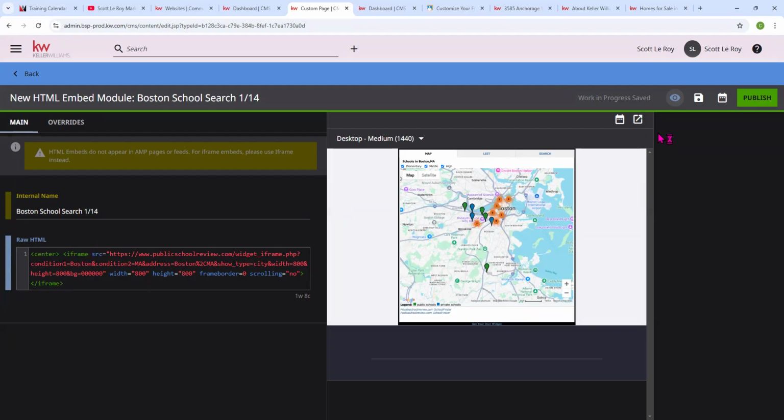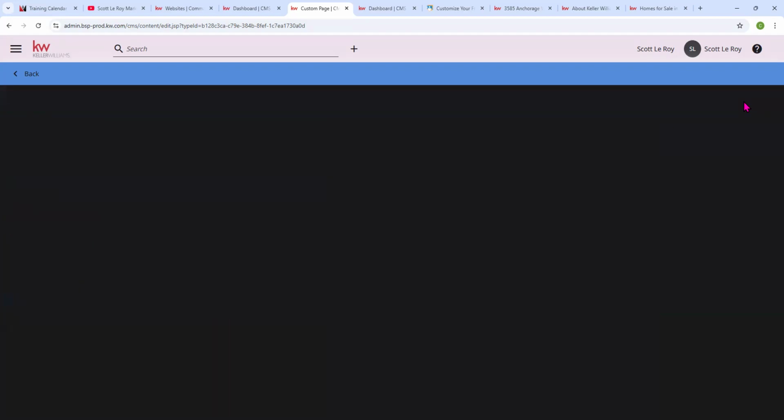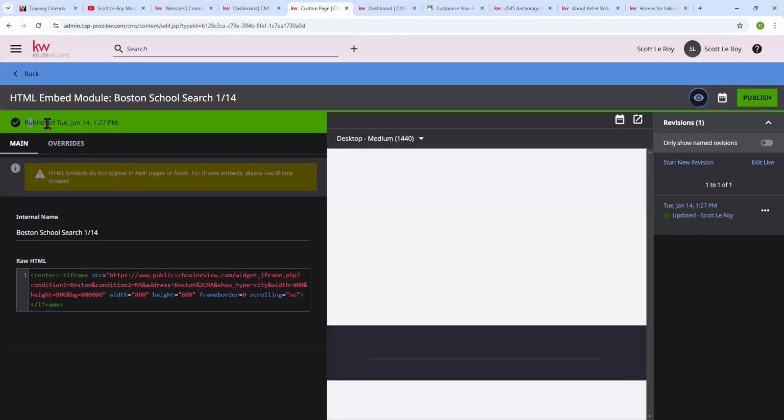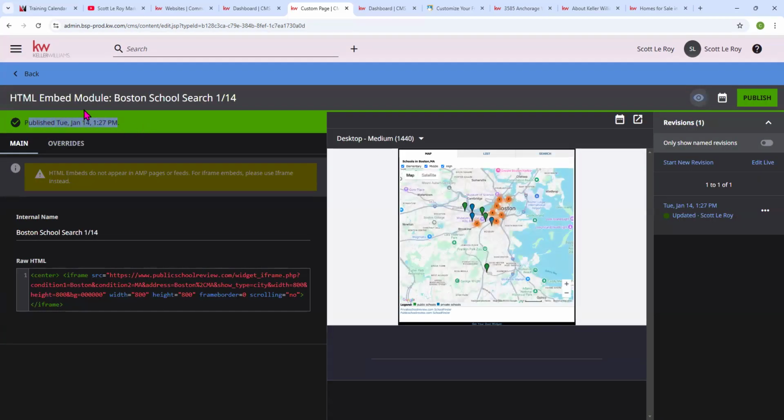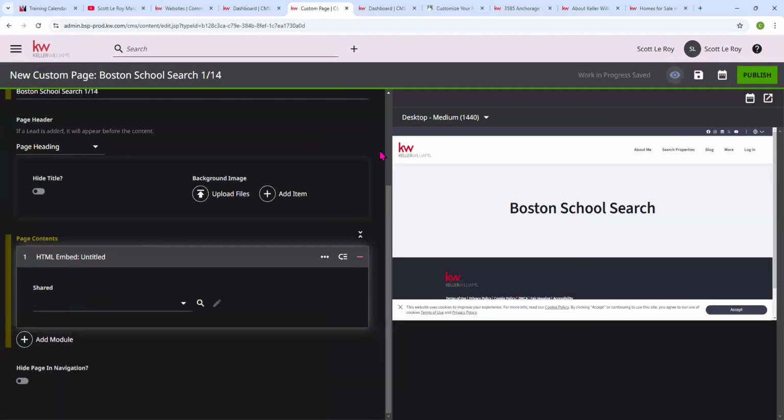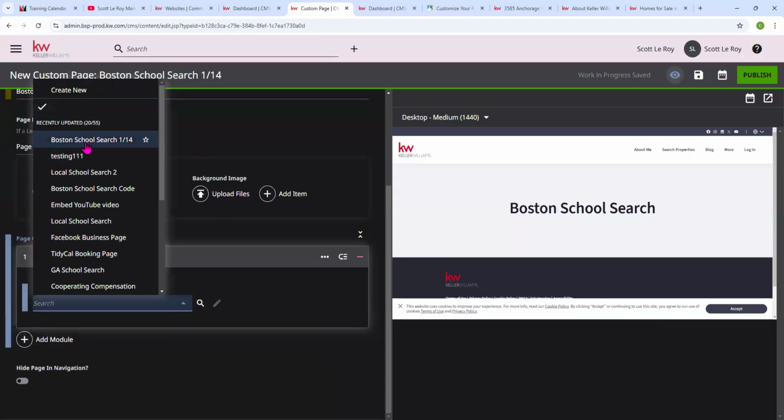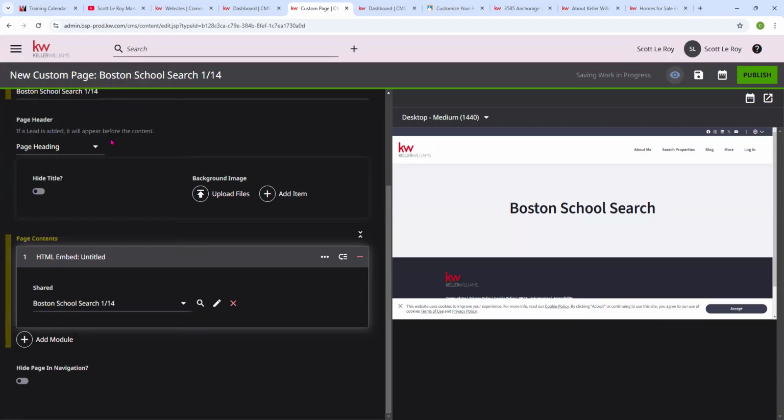And once we have that, again, we're going to go ahead and publish this time. This is not an actual page yet. This is just the iframe or the HTML embed. You should get a green banner up here that says it was published once that's all set. And we could go ahead and go back. Now we're back to our custom page at this point. From here, we want to pull that into our custom page. So we're going to click the little drop down, and it should be at the top. So as you can see, Boston School Search 114, that's the one we just created. Once I add that,